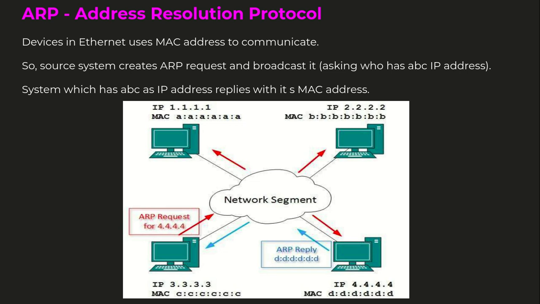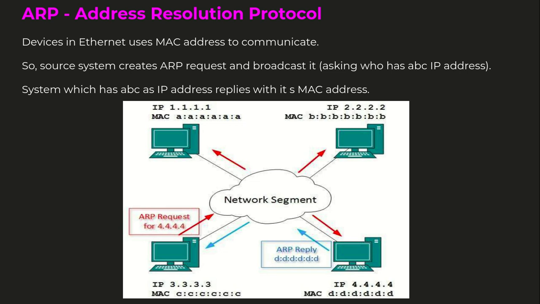And what is ARP? ARP is the packet, so this ARP request will have the basic question asking who has the specific IP address. Now we can look for any specific IP address, for example ABC as the IP address, or you can give the range of IP addresses: who has this list of IP addresses inside our network. And in case in your network the particular system has the specific IP address that you are looking for, then it will give the reply to you. In the reply you will find the MAC address. So the communication goes on.